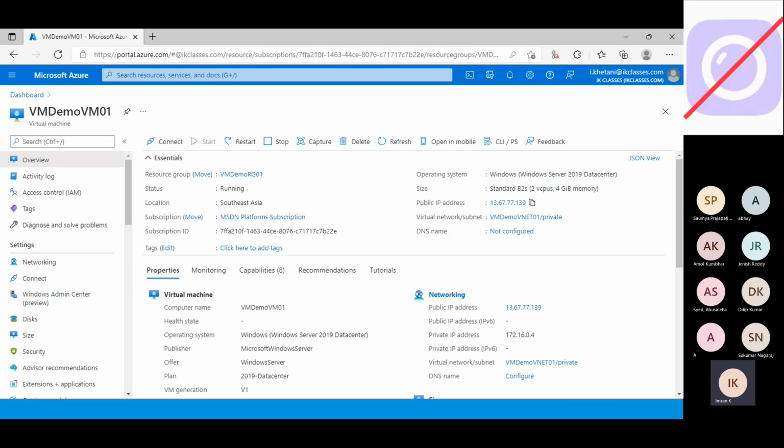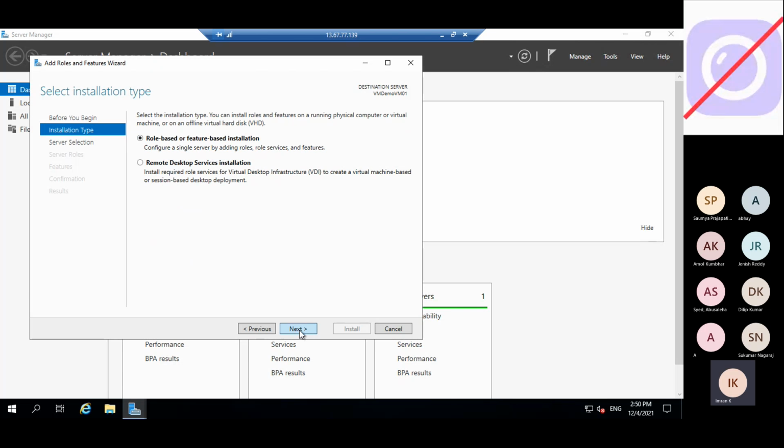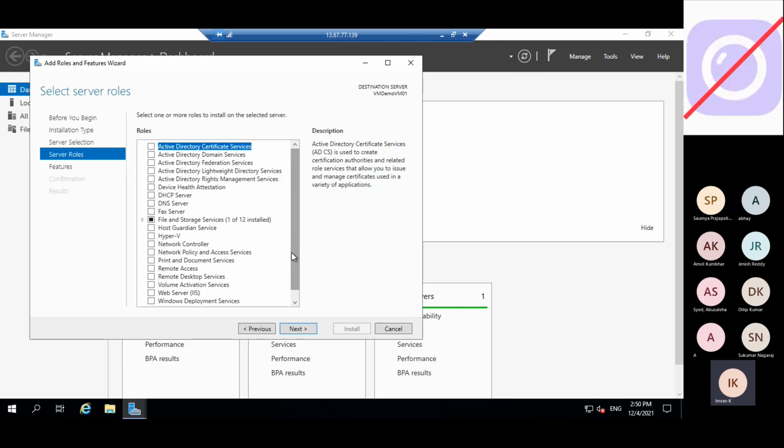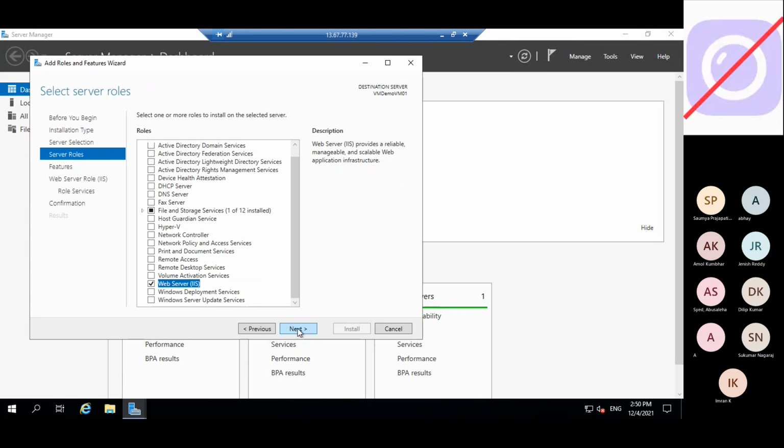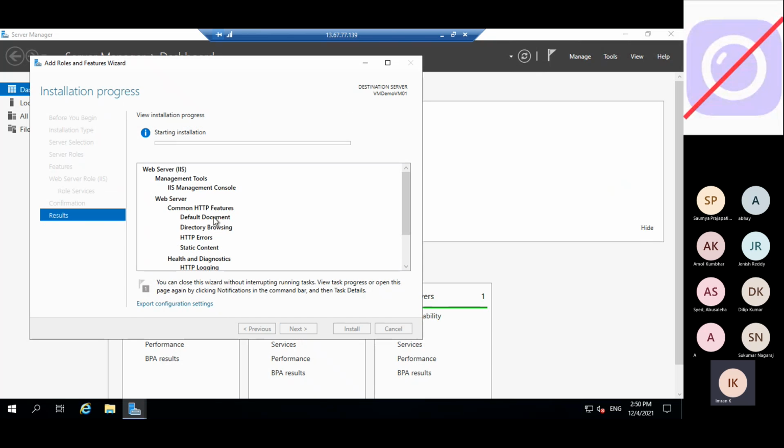Okay, so now let's install a web server role onto this VM. This is a Windows VM, which means if you're well versed with Windows, you know that to convert this server to a web server, you'll just need to add one role, that is IIS role. So I'll just go to add roles and features. I'll click on next, next, and from here I'll select web server and just click on next, next, next, and install. So it will install the web server role, and this server will respond to port 80 now. Okay. Before that, let me show you,